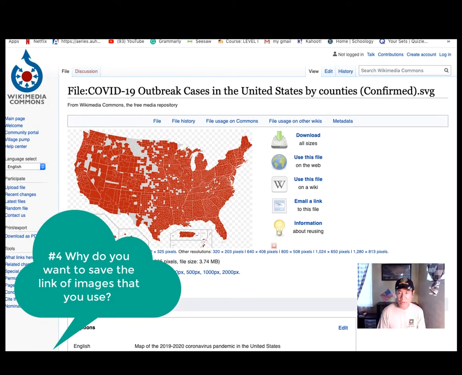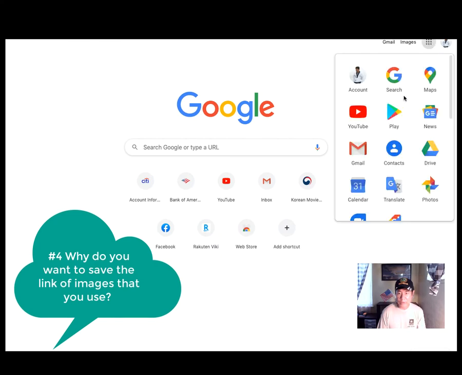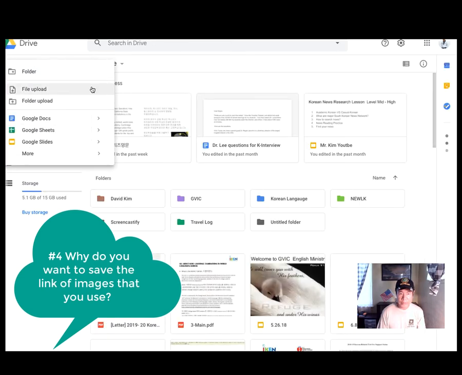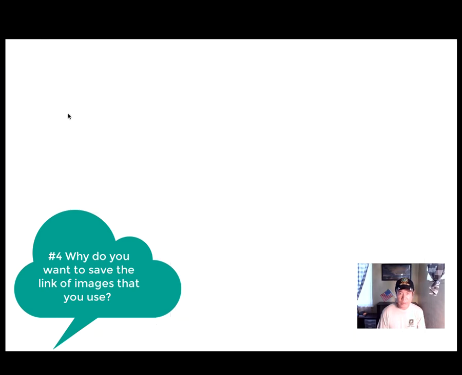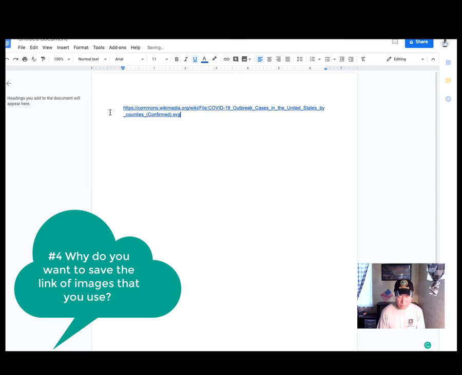Go over here, and then you can do a new tab, and then you can do Google Drive, and make it a Google document. So later you can cite where you got the picture, right? And then let's go back to here,